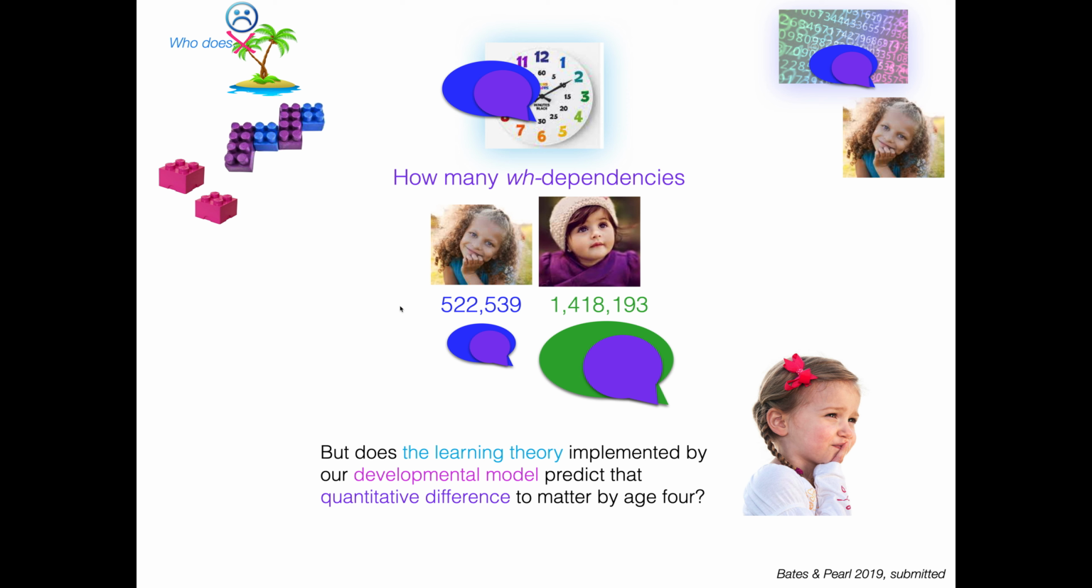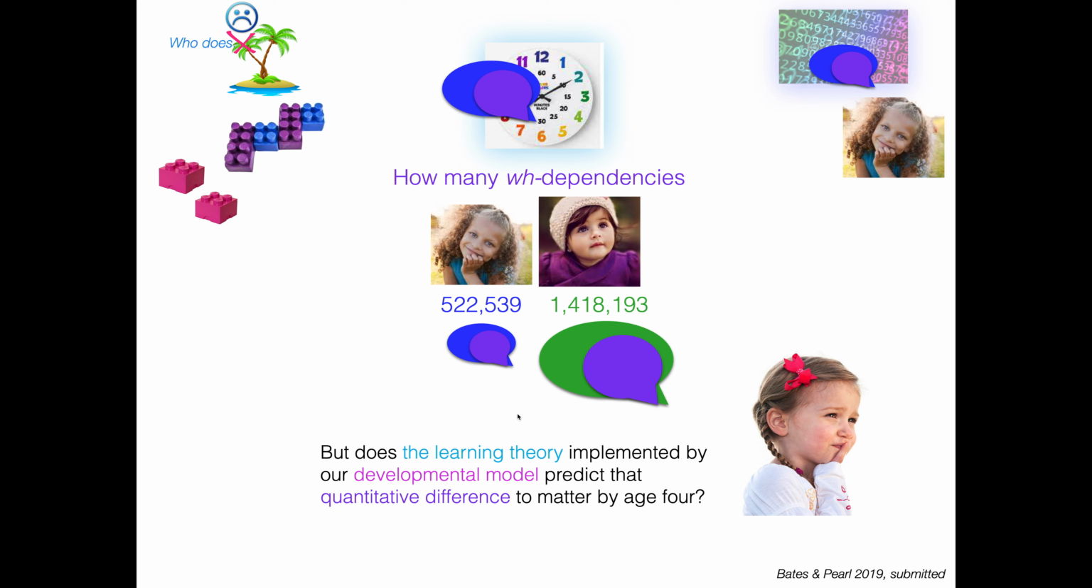Okay, so we can see on the basis of our estimates that lower SES kids are hearing about a third of the WH dependencies that higher SES kids are hearing, with the distributions that we estimated from our corpus. But here's the question then: does the learning theory implemented by our developmental model predict that this quantitative difference should